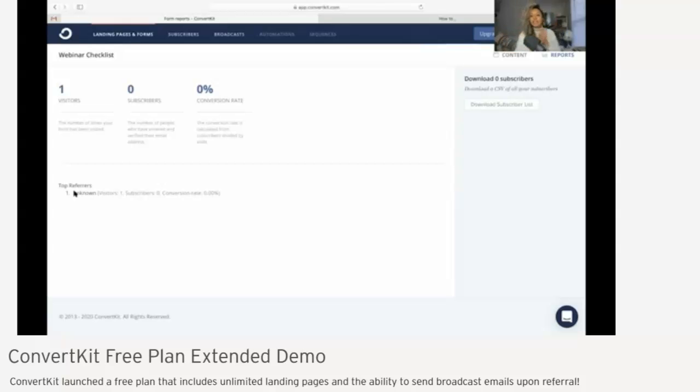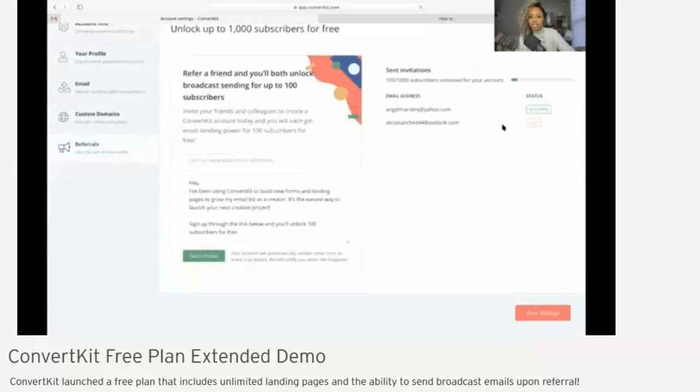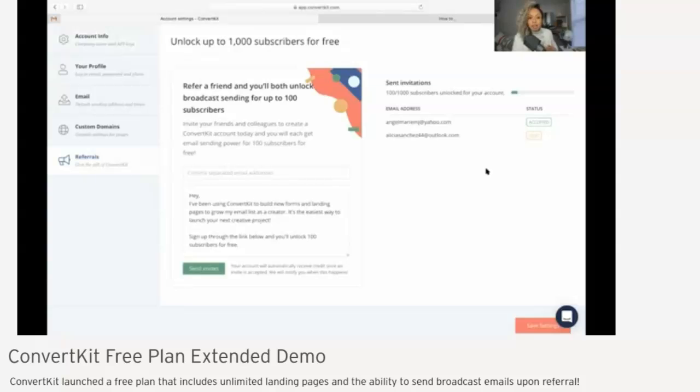Now, I would love to show you how you can unlock these two tabs right here, the subscribers tab and the broadcast tab, absolutely for free in your ConvertKit account. All you're going to do is head over to the drop-down menu on your Gravatar, click referrals, and you will then be redirected to where you can invite as many friends as you're wanting to unlock up to 1,000 subscribers